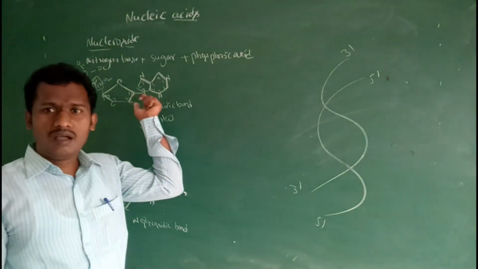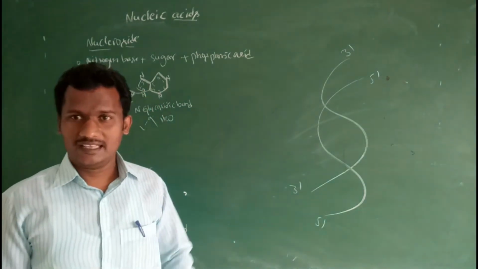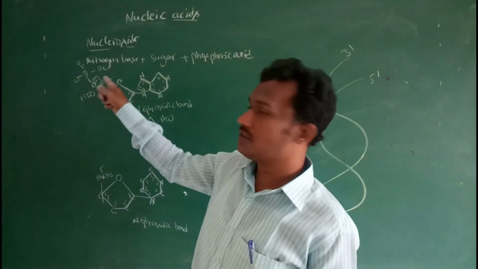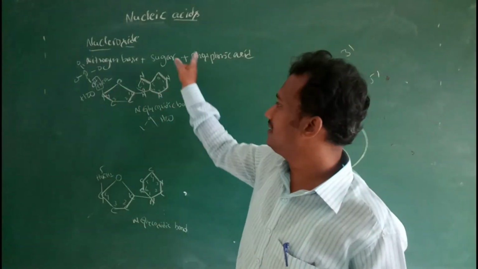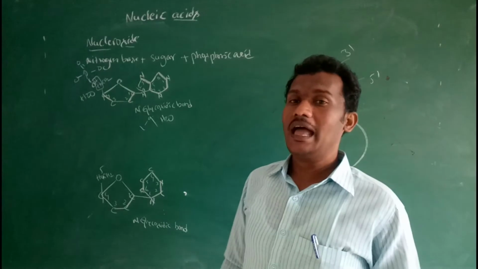So the phosphate moiety links with the nucleoside. For example, adenosine is one nucleoside. The phosphate moiety, phosphoric acid, joins with the nucleoside adenosine,